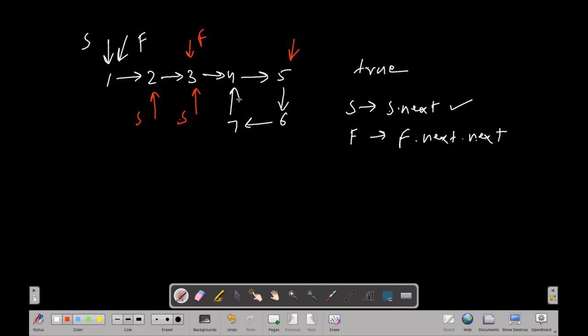And then this 4 will be the position of slow, and 1 and 2, this will be the position of fast.